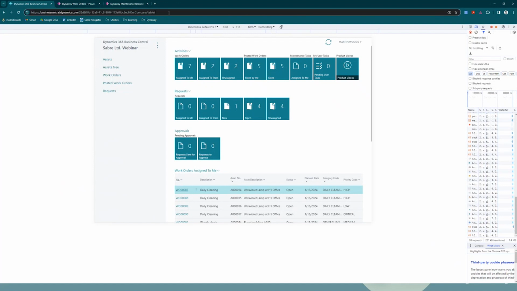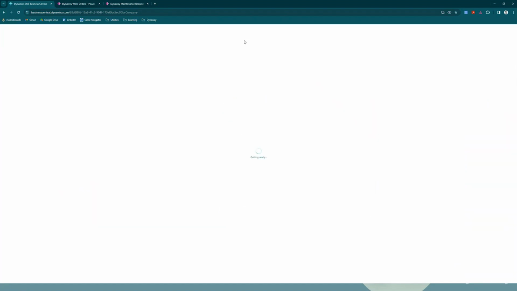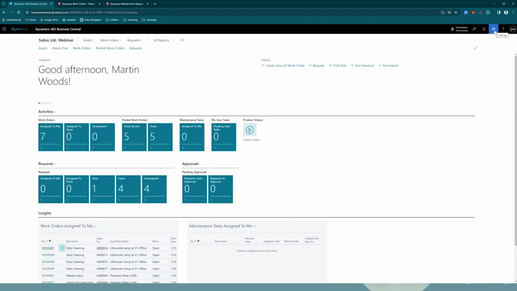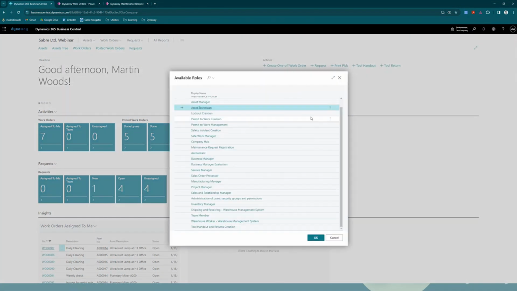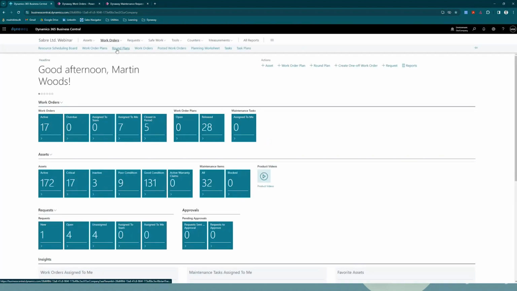So let's just go back to the normal view again. And I know this was the very simplified way of showing you, but I'd be more than happy to go into details with it. Just going to switch back to my manager profile. So now as a manager, perhaps at the end of the day or a few times during the day, I don't know what your frequency is, but you can go to your work orders,